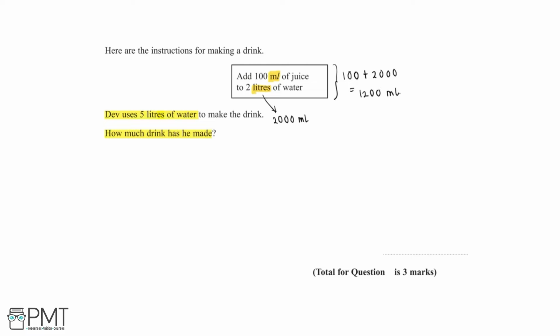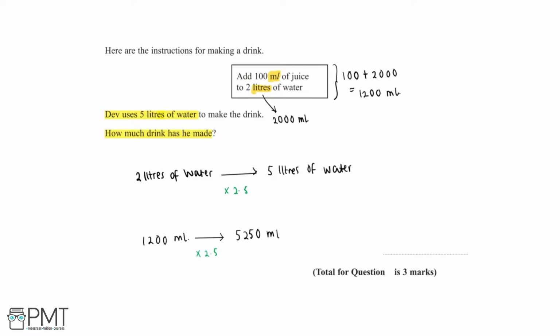We're told that Dev uses 5 liters of water to make the drink. We need to figure out what Dev has multiplied by to get from 2 liters to 5 liters. To get from 2 to 5, we have to multiply by 2.5, which means that the total amount of drink will also be multiplied by 2.5. The original recipe will make 2100 milliliters of drink. We need to multiply by 2.5 to find out how much drink he has made by using 5 liters of water. And so 2100 multiplied by 2.5 is equal to